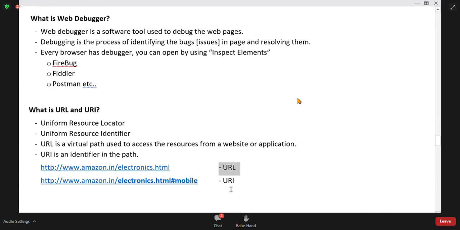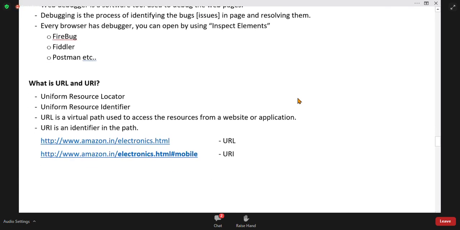Taking you to a location inside the page, that is URI. I hope everyone is clear, understood? Taking you to a particular page is URL. And taking you to a location inside that particular page is called URI. I hope everyone understood the difference, right?